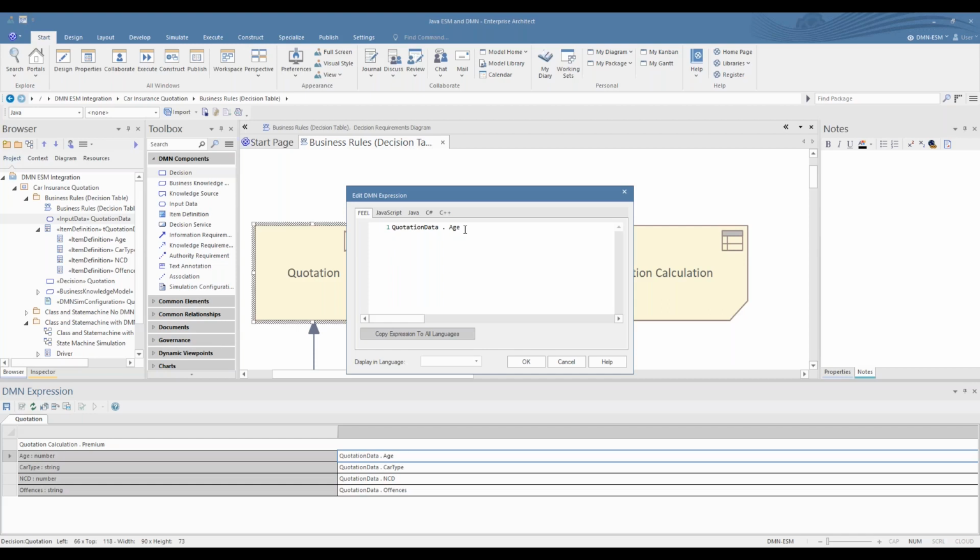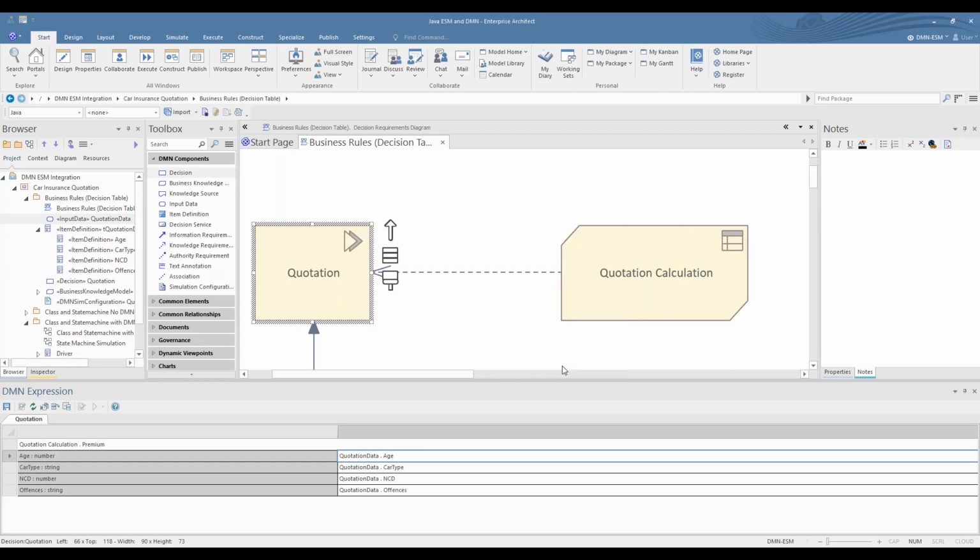That's it. That's all it says. And you have one of these for each of those data inputs. If you are going to generate Java, then you'll need to put the Java expression in there. I haven't done so. It actually still works, but you can put the Java expression in there as well, which of course is going to be quotation data dot age. Okay, so that's the edit expression.